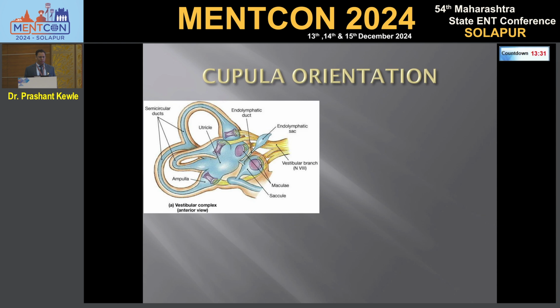So this is called ampulla, divided into the long arm and a short arm. Understand, this concept is very important. In the posterior canal, this is the long arm. The particle can be in the long arm, but the particle can be in this short arm also. And therefore, we have different interpretations of the Dix-Hallpike.